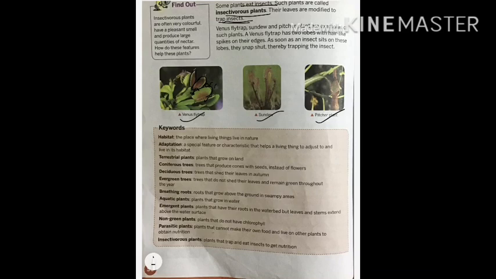As soon as any insect comes and sits here, they snap shut, they close. These two lobes come together and close each other tightly, and suffocate the insects coming inside. That's how they kill these insects. And how do they absorb nutrition? They absorb nutrition from the body. All the protein, all the nutrition from the body, they absorb in the leaf, and in this way they are able to carry out their daily processes.